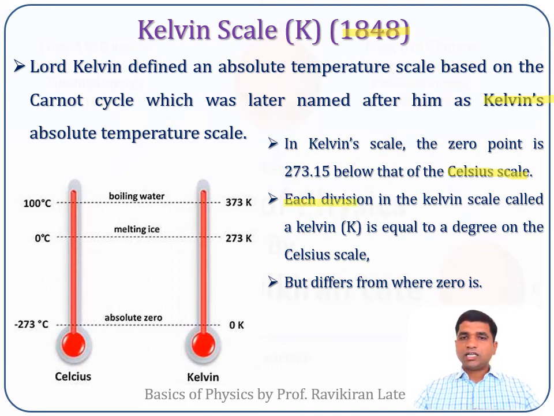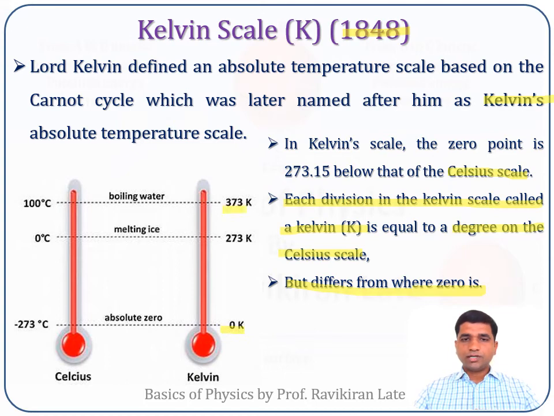In the Kelvin scale, each division is called a Kelvin, represented by the symbol capital K, which is equal to one degree on the Celsius scale. So the Celsius scale and the Kelvin scale agree with each other, but they differ in the zero. Where is the zero located? In this figure, the Kelvin scale starts from 0 Kelvin